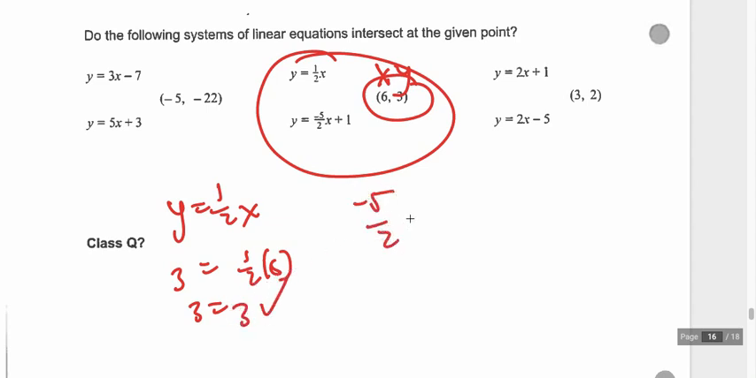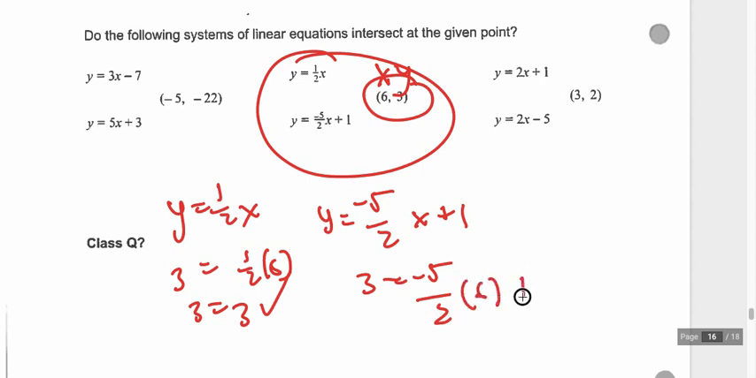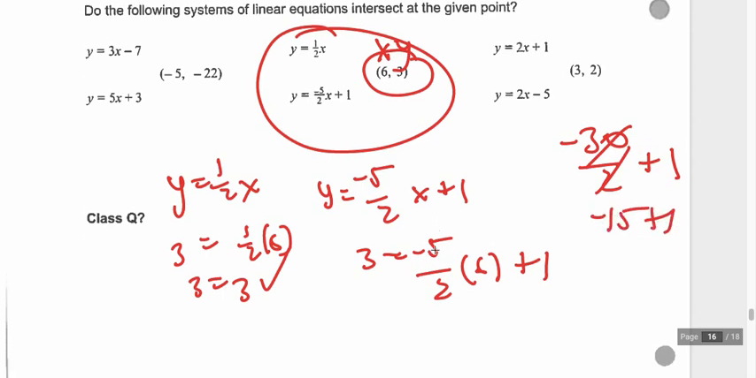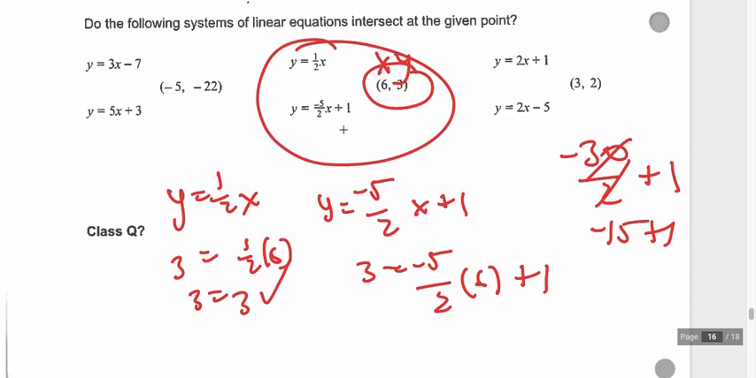Is it also true that it holds, that this point is on this line? Is it true then that 3 equals -5/2 times 6 plus 1? Is that true? So the math on this is a little complicated. This is where we really got to work on our multiplying here. This is minus 30 over 2 plus 1. And is that going to be true? Minus 30 over 2 is, in fact, minus 15 plus 1, and that's not going to be true, right? That's way too big. So no, they don't intersect at this point because the point (6, 3) does not